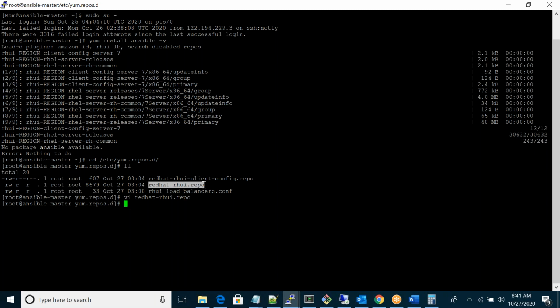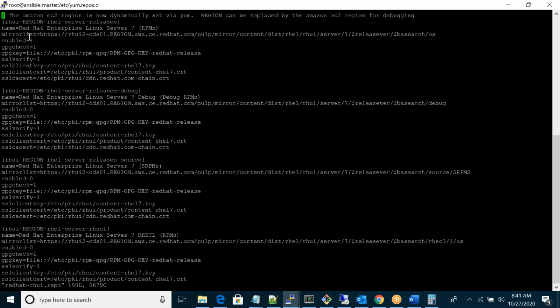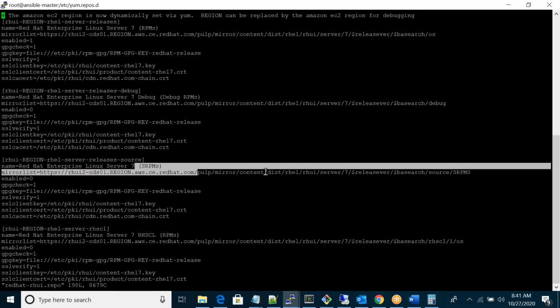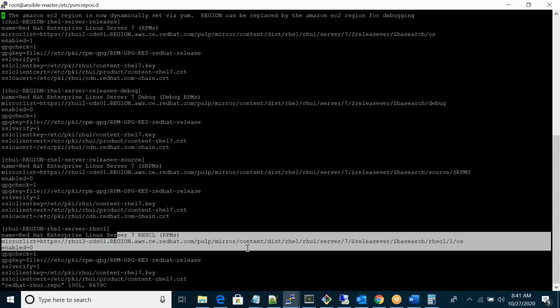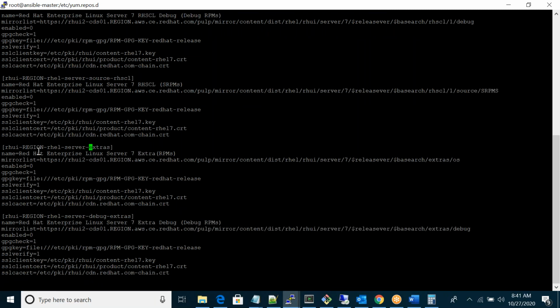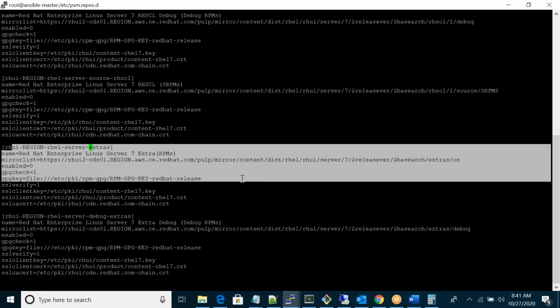Here you can see there are so many links. These are some external or internal libraries. We search for extras, and in this library we'll get Ansible.